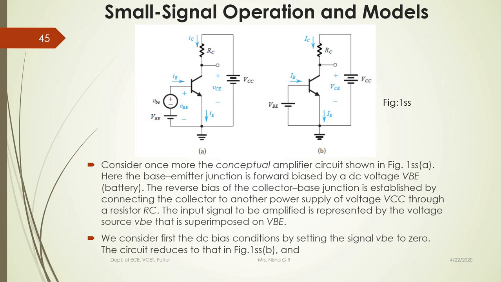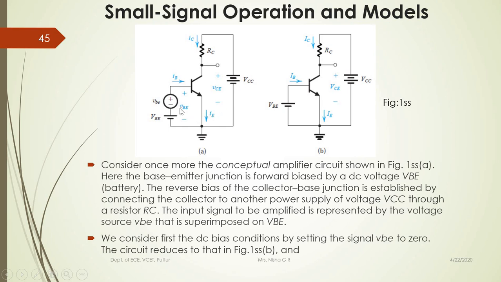Okay, so this is actually your topic which is included in the syllabus. Those two slides were just the prerequisite to study this particular topic, small signal operation and model. Can you identify which configuration this picture shows? We know three configurations: common emitter, common collector and common base. Depending upon which terminal is grounded, we can tell the configuration. Here the emitter terminal is grounded, so it is a common emitter configuration, because the input is provided to the base and the emitter, and the output we are taking from the collector and the emitter.